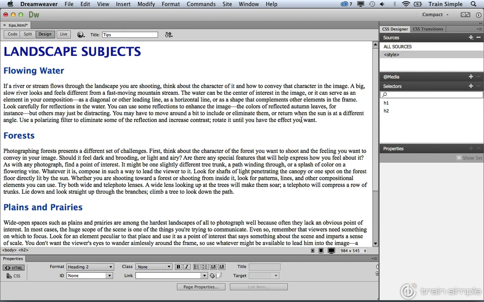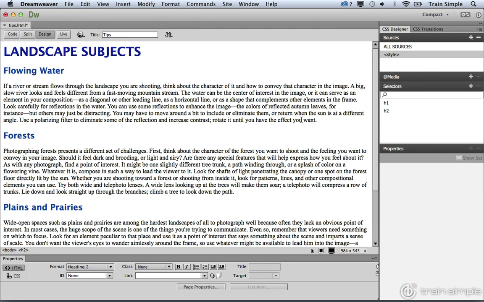When working inside of Dreamweaver and creating web pages, you'll run into situations where you want to target more than one element when creating a selector. If that's the case, you'll be creating something called a group selector. In this case, what we want to do is style the overall text for the page, and a group selector